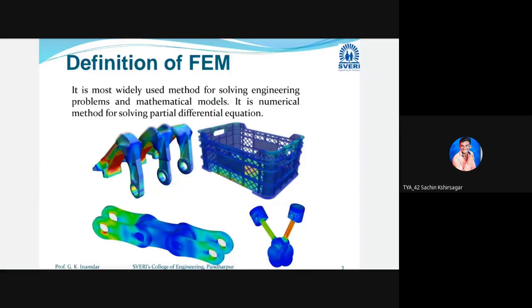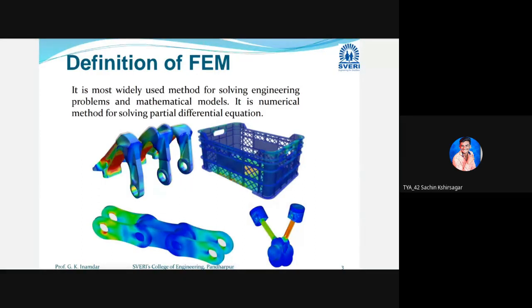Now how to calculate or analyze that cart, where the maximum stress is available? Suppose if you see the bottom of that tray, in the bottom of that cart, the color coding is showing different. Now what is the meaning of that color? The overall weight is acting on the bottom part. Due to that, the maximum stress or maximum load will be there. According to the application, the analysis may change.